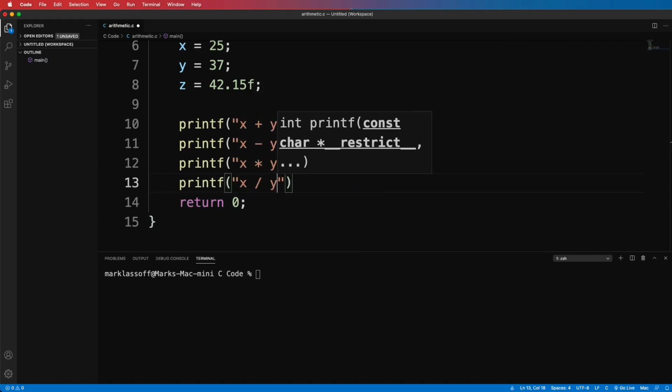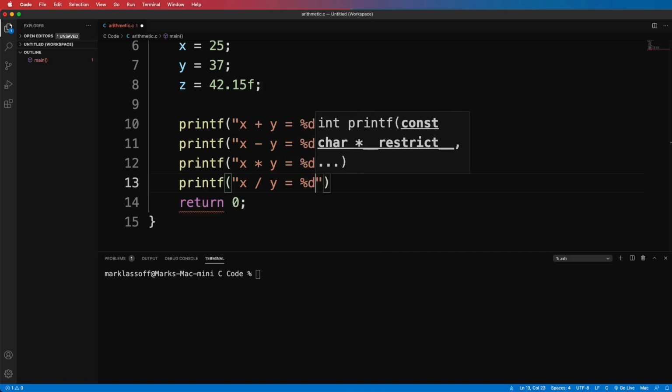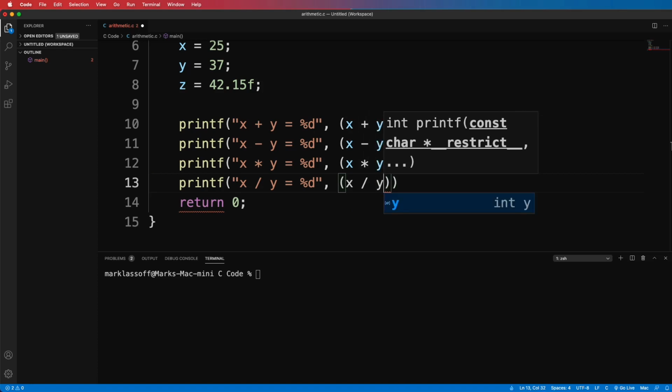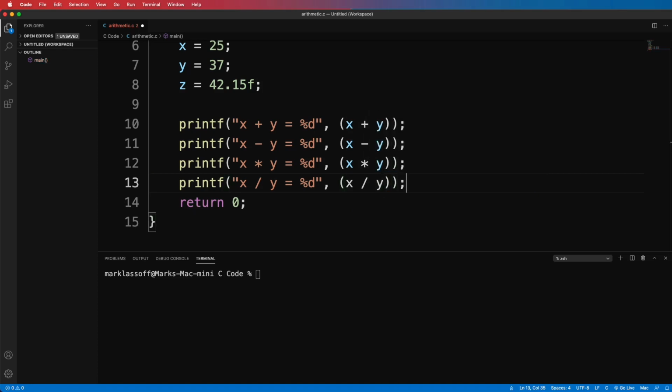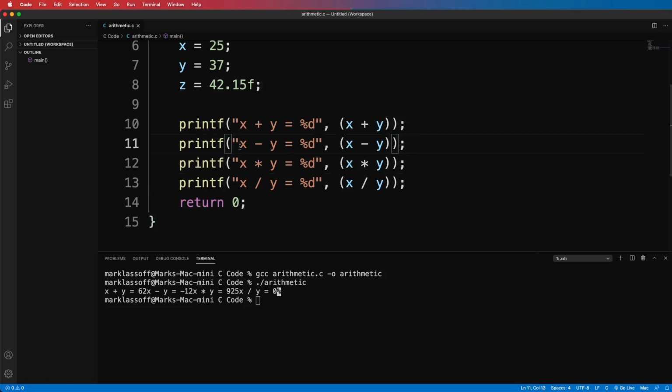So we use slash as our mathematical operator for division. And even though this would typically give us a floating point number, because both x and y are integers, it's going to give us an integer in return. And let me put in my \n so that's a little clearer. Should have remembered to do that before.